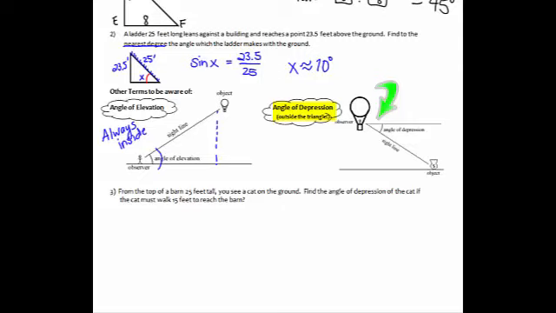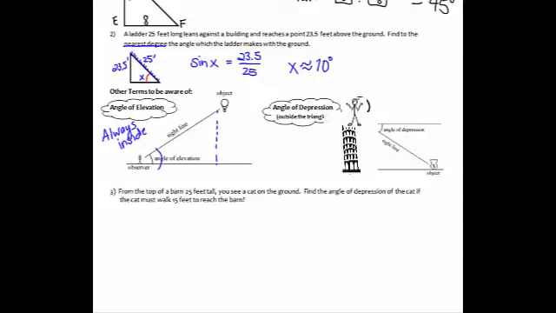Now, why would we want to solve something if this is our triangle? Why do I care about this angle? Well, if you look at this, these are parallel lines cut by a transversal, and so the angle of depression is always equal to the angle of elevation. So even though you might have a situation where they say the individual is standing at the top of a